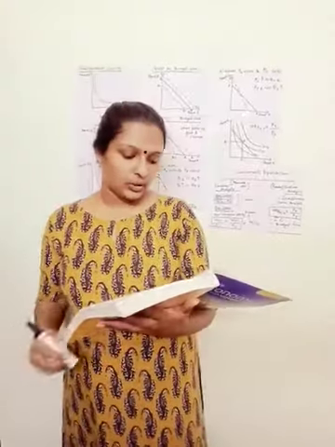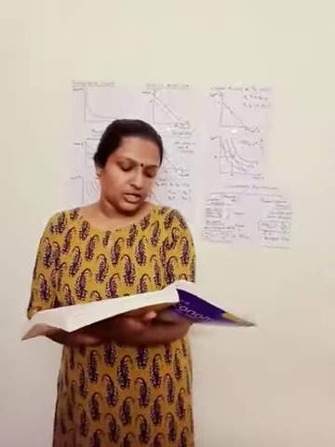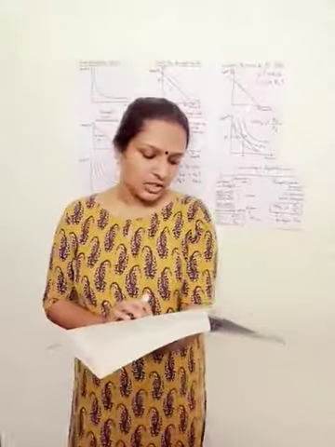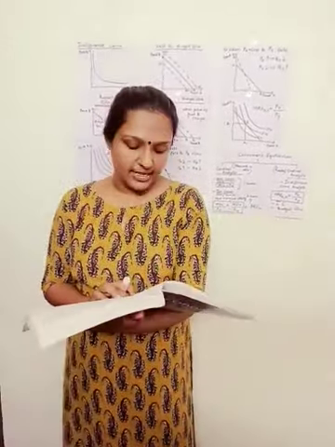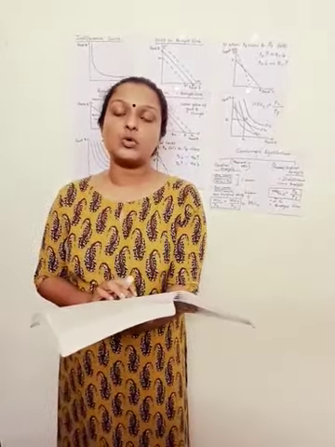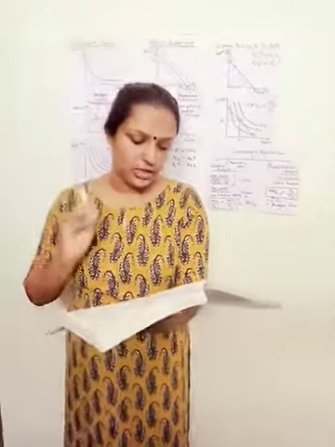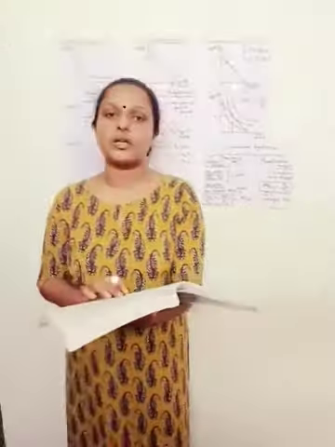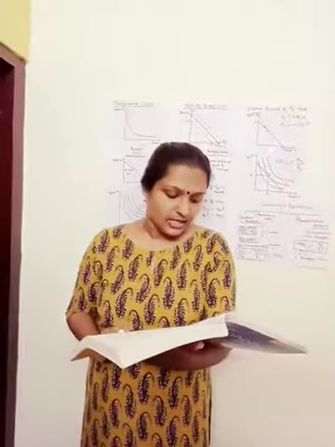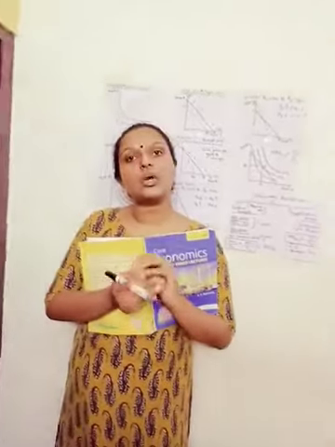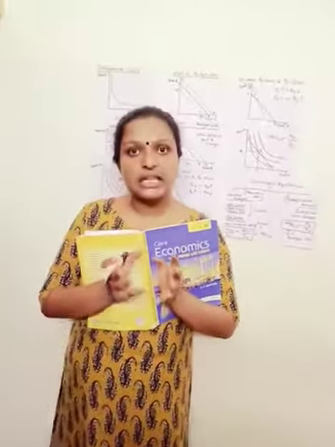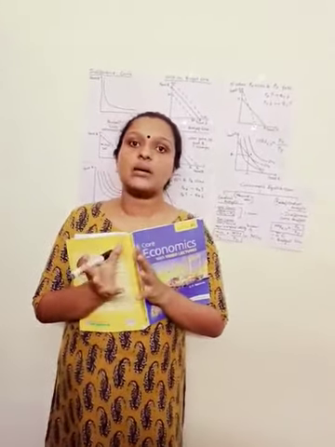Yes, so continuing with the indifference schedule. Moving on to the C combination, if he wants to add one more unit of good x, that is 3x, and he is sacrificing 2 units of good y. So that means 2y is to 1x. This combination goes on, and whenever he wants to consume an additional unit of x, he will have to sacrifice some amount of y.